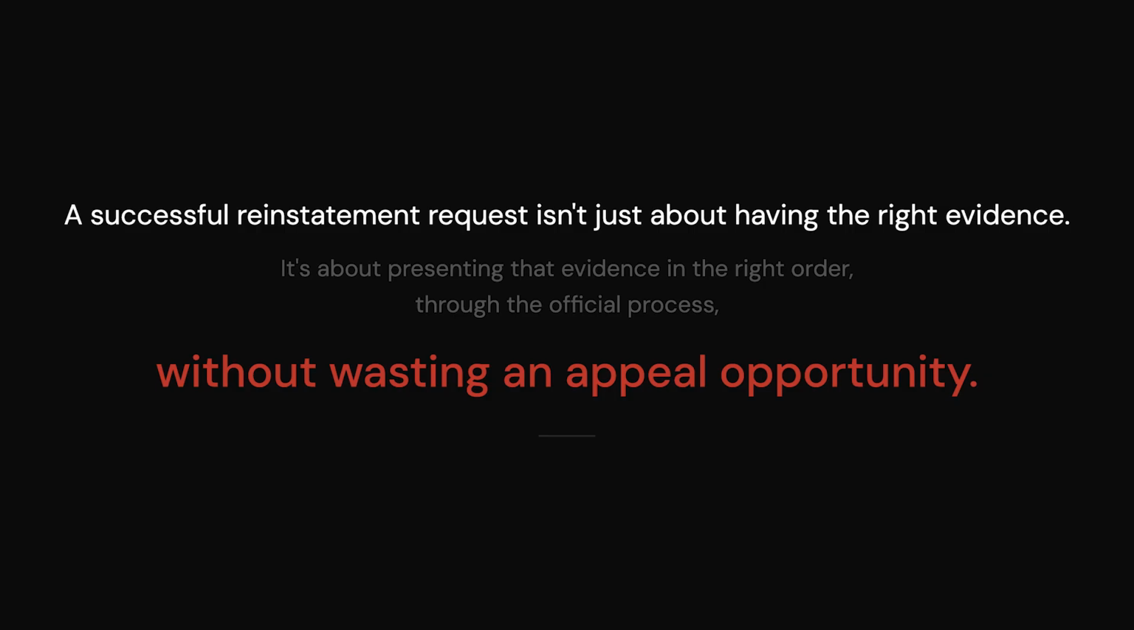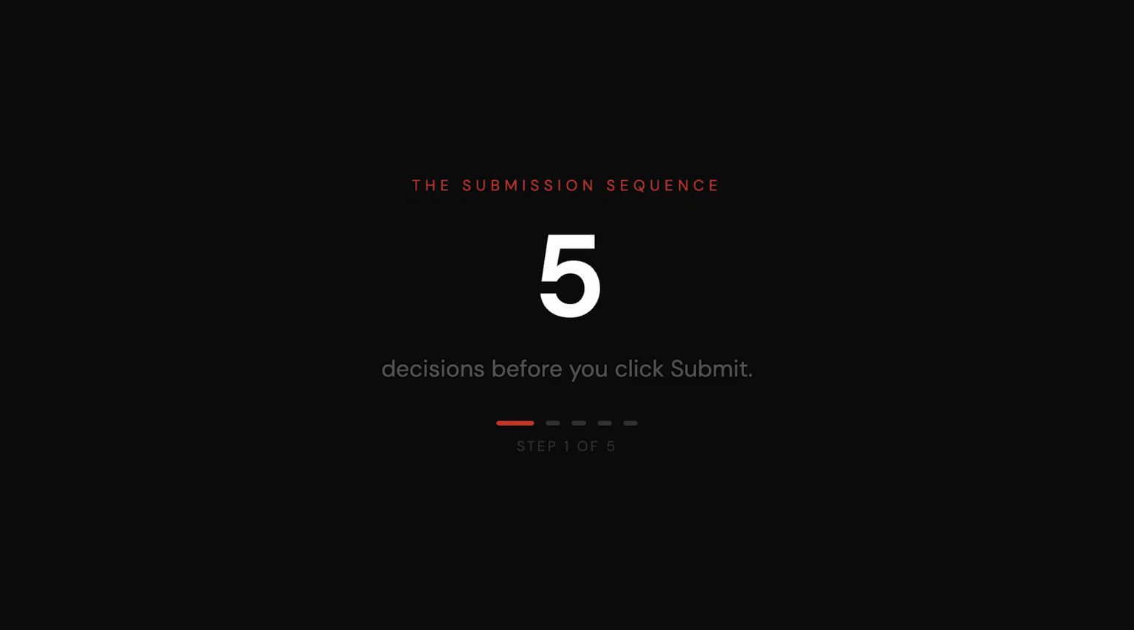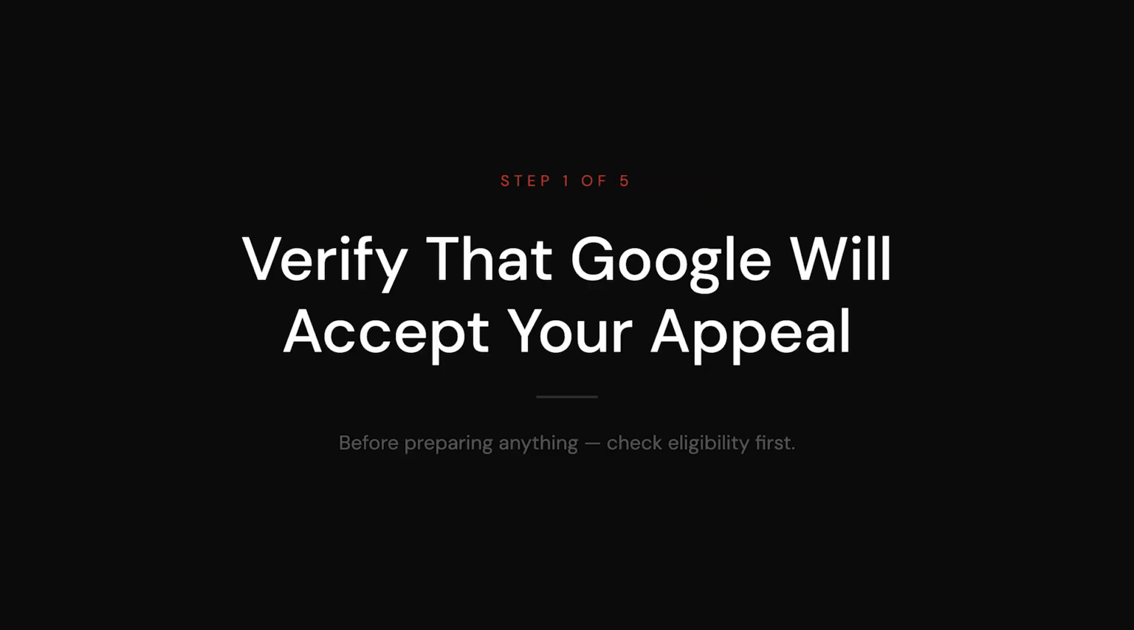So a successful Google Business Profile reinstatement request isn't just about having the right evidence, it's about presenting that evidence in the right order through the official process and without wasting an appeal opportunity. And here is the exact sequence. Okay, there are 5 steps, 5 decisions in this order before you click submit or before you click anything on the Google appeal tool. The first step consists in verifying that Google will actually accept your appeal and checking